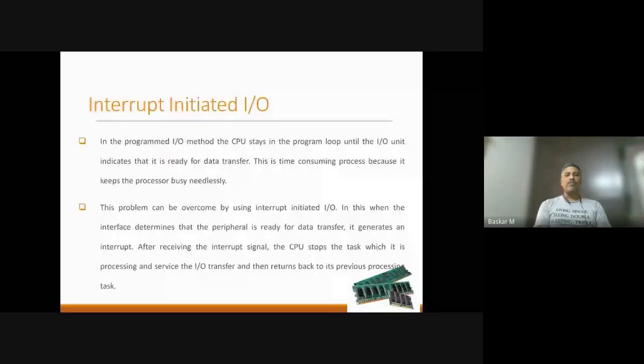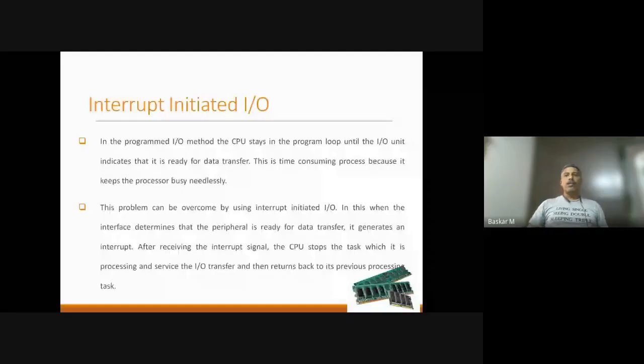So here also the processor needs to spend more time, because of the bulk data transfer between the processor and IO devices, or from IO device to memory. This is another problem we face with interrupt initiated IO: the processor needs to wait and concentrate only on that IO data transfer, and cannot perform any other task. Obviously we are wasting the processor's time. To overcome this, we go for another technique, that is direct memory